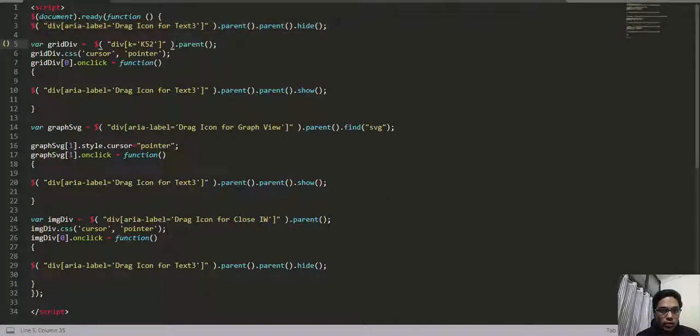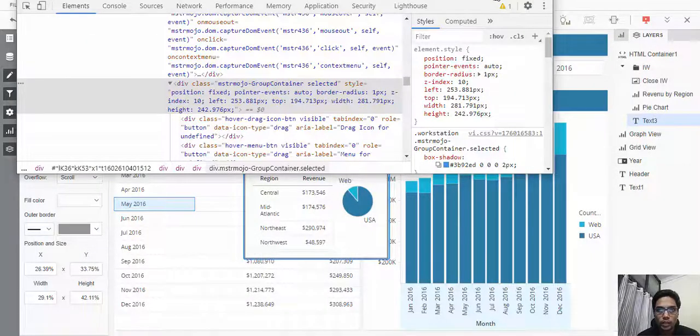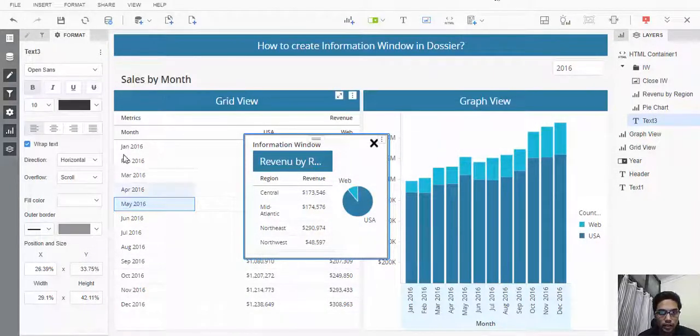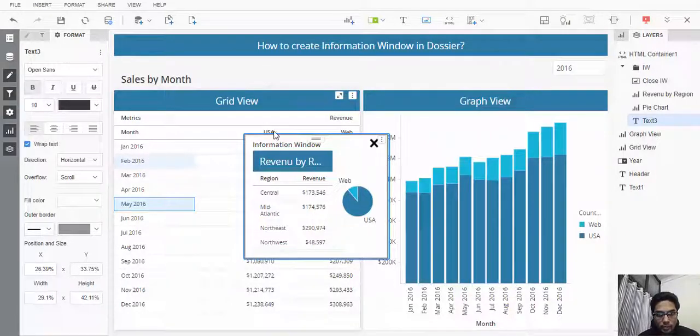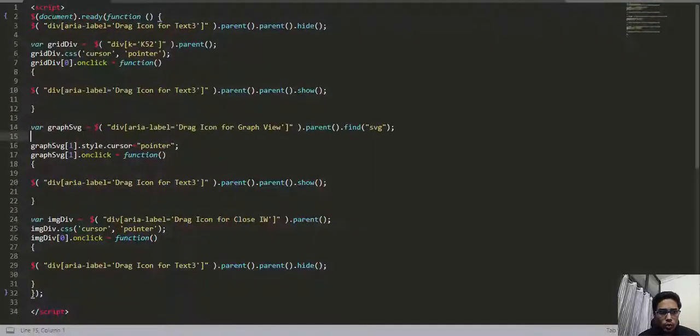So this is the first step which we need to perform, and after that we need to perform the other steps, like we need to get the div ID for this, div for this, like we need to get the div tags and all, so that we can include the on-click functionality to those visualizations, right?